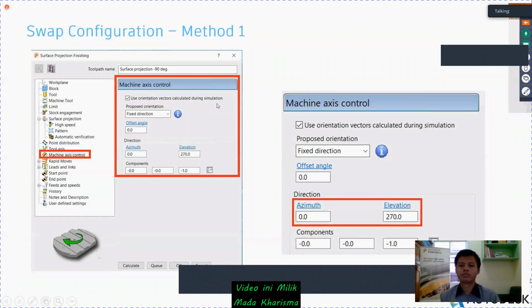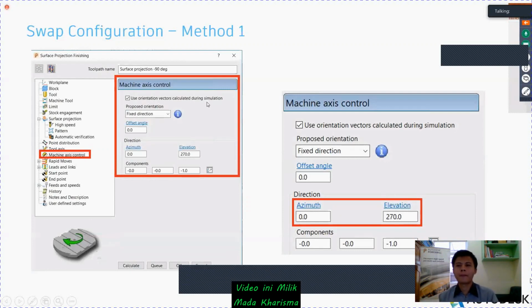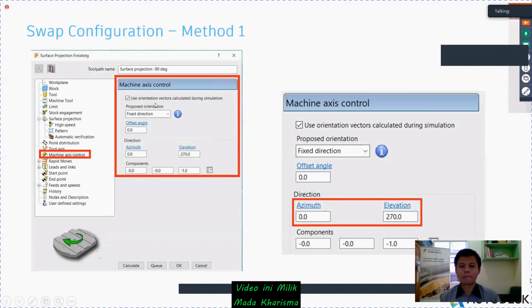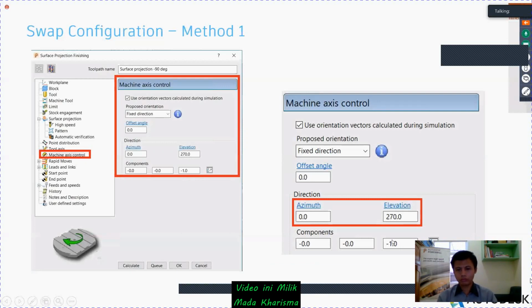So what will happen? Whatever the simulation is doing, it will be converted into vectors, and you can see the same in your machine tool also. Here I'm using minus 90 or 270 in the elevation angle, and my from component is 0, 0. Don't consider this one. Once you enter the angle, it almost always changes the angle itself, so it's the vector itself. Here I'm using 270. Or you can use plus 90 or minus 90 to change the table configuration. This is the first method. We are going to see both.